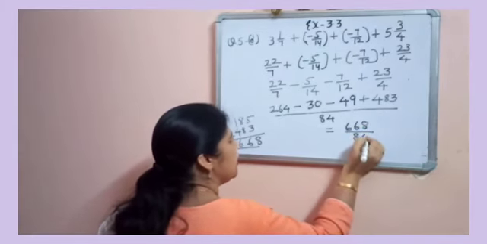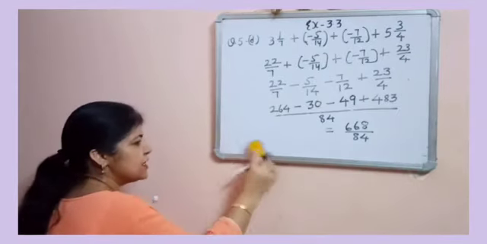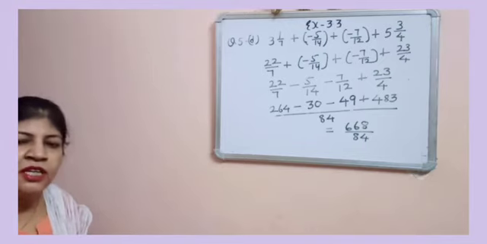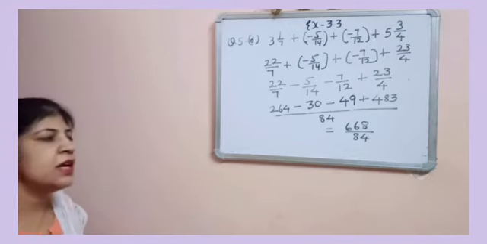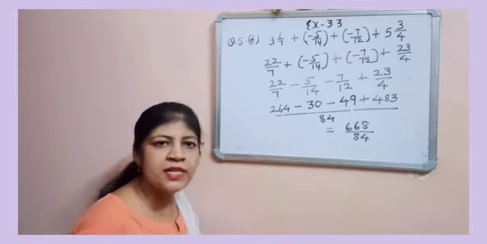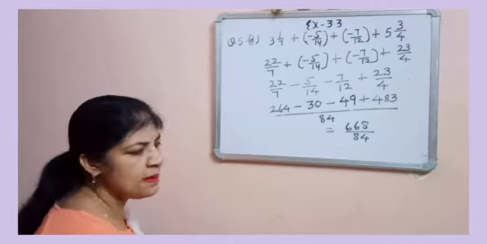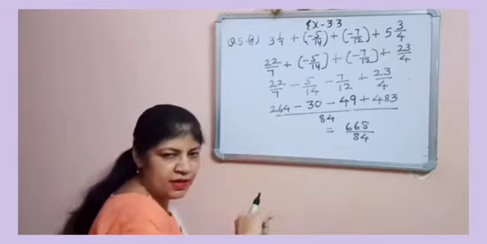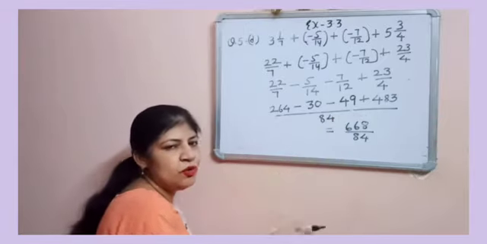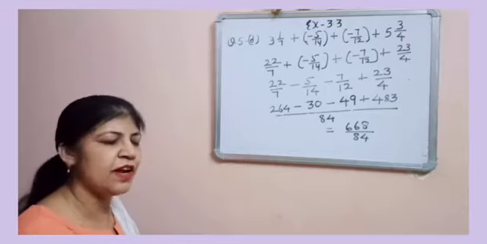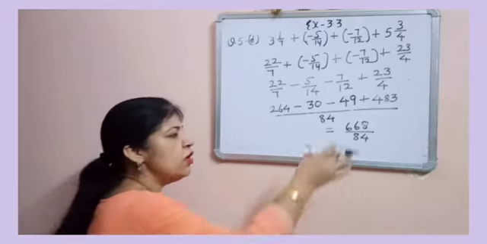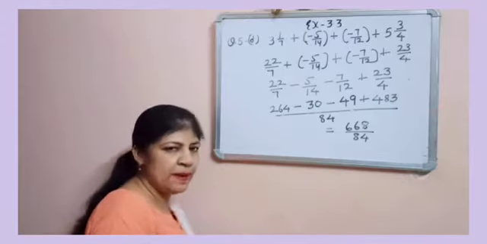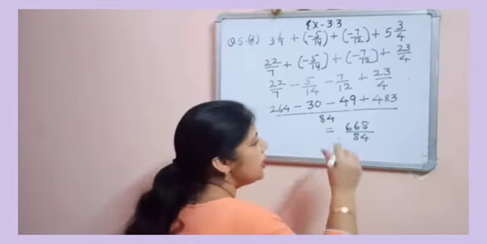It means you will get 668 by 84. Now you can see both are divisible by 2. It means you have to convert this improper number to its lowest form. So both are divisible by 2. Even you can find the HCF of these two numbers and then cancel both the numerator and denominator by HCF and you will get the lowest form. Or you can do step by step. First by 2, then by 2, then by 4. Depends upon on which it will be divisible.